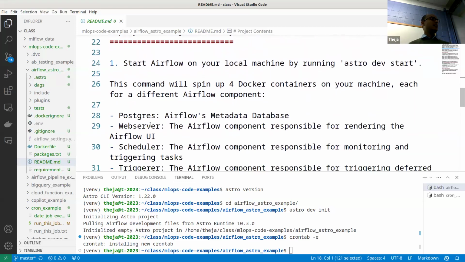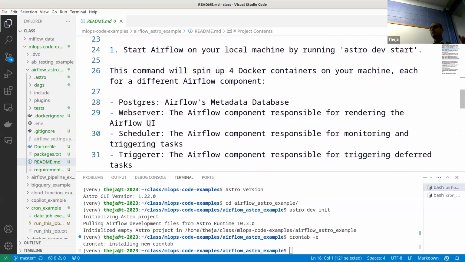So after we do that, before we execute the next command, I want to tell you what it creates. Remember, we wanted to not just use Airflow, but this is like a complex tool demo where we're also using Docker. So this command, astro dev start, actually creates 4 containers. Historically we were just creating one container, which is like a prediction model making a prediction. So that's what we've done, and we did see OpenFace and some other complexities related to containers. But when you run astro dev start, it actually spins up 4 containers on your machine.